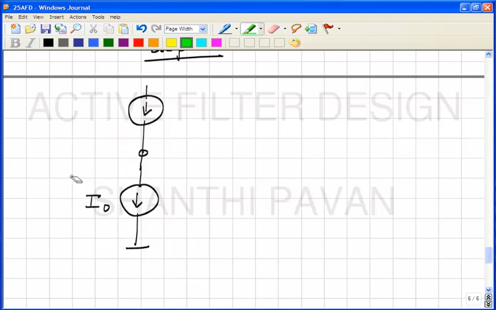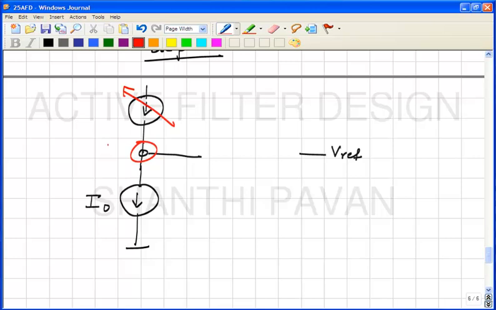So if you want this potential to be constant at some Vref, for example, what do we do? Let's say this is some I1. If this guy is dependent, it can't be a simple current source like this. It must have some control knob. And if you want this node potential to be Vref, what will you do?